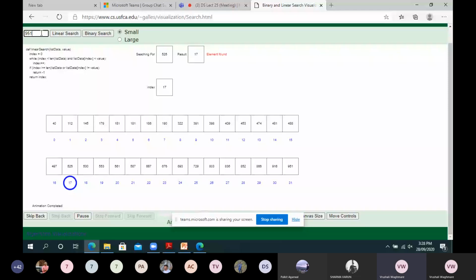So I think on streaming you are not able to see this process, but I will share you the link and you will see that it will check with one element. That red box gets incremented. It will check with every element. Okay, linear search will check with every element, and then it will return where this key element is found. This key element is found at index number 31. So it checked with the last element. Okay, one by one, one by one, like this way.